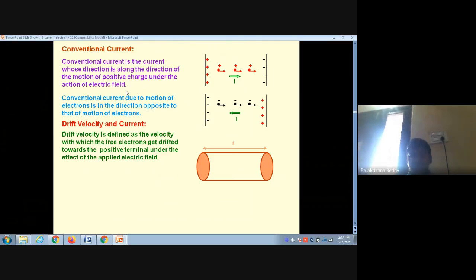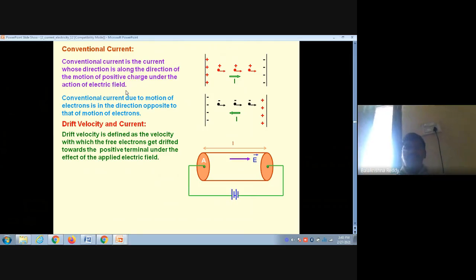Next, you can see here. This is a current carrying conductor, area of cross section A, and battery. You can connect it, and from positive to negative there is a current this side. Through this area of cross section, electrons will enter and move in this manner, towards this side. So, this is the current direction. Positive to negative is the current direction. Negative to positive, electrons will move at the same time.